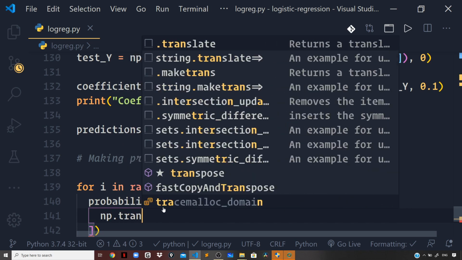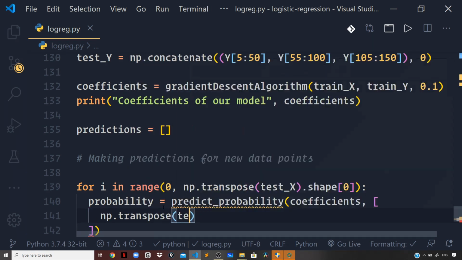So I will say np.transpose test_x and pass on i, because we want to test the performance or statistical power of prediction of our model for the testing data points, which are those points on which our model was not trained on. Okay, so that is the need for making this testing portion, and now we are utilizing that. We'll pass on the predictors that represent the testing portion, and for that we